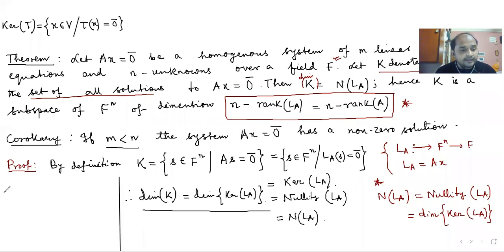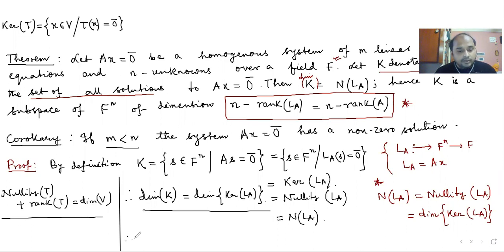It said the nullity of T plus the rank of T is equal to the dimension of V. This theorem is called the dimension theorem. Okay. Now you see this,